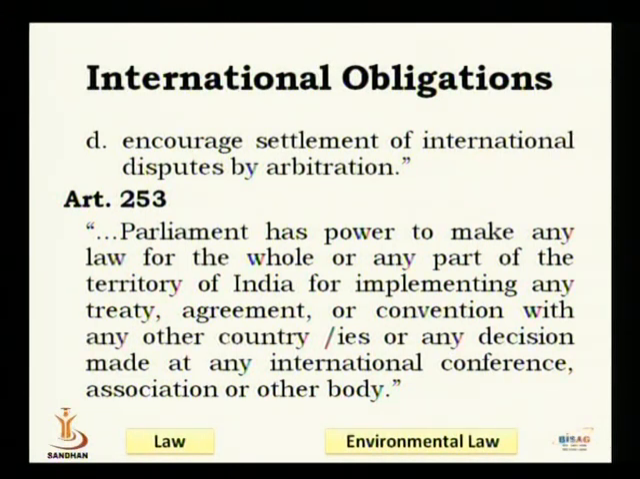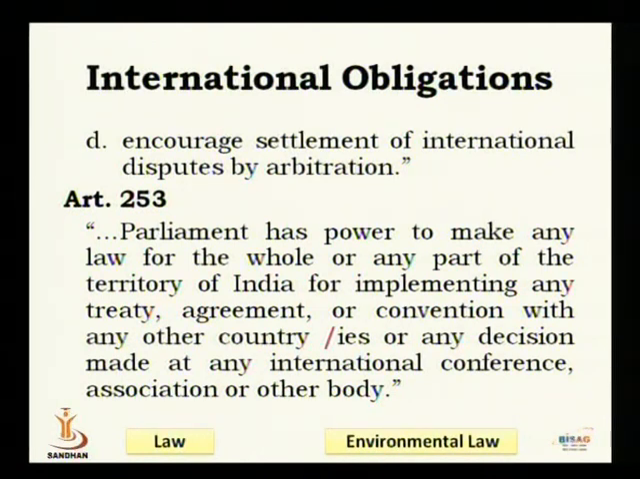As Article 51 puts an international obligation on the state to enact law for any convention, covenant, or resolution passed by an international organization, entity, or agency, at the same time, by Article 253, this same obligation is also created directly on Parliament, as Parliament has power to make any law for the whole or any part of the territory of India for implementing any treaty, agreement or convention with any other country or countries,